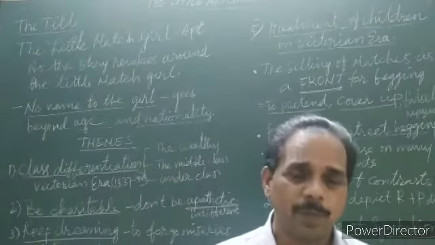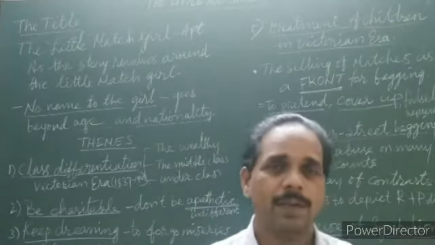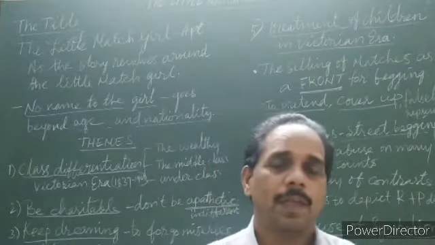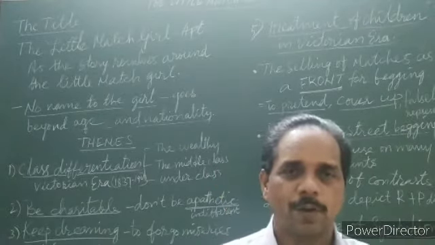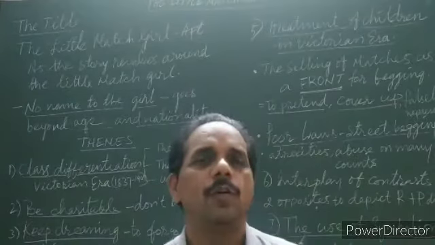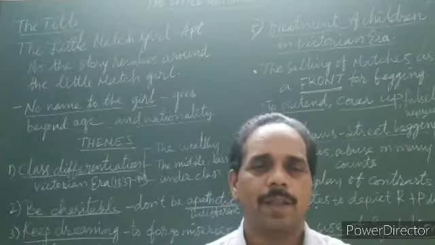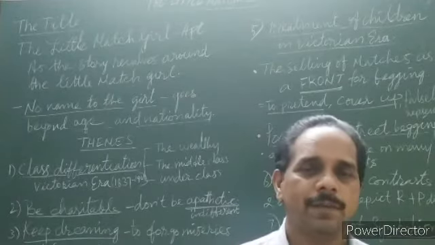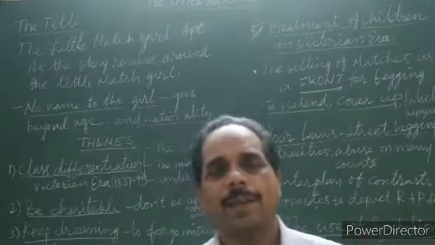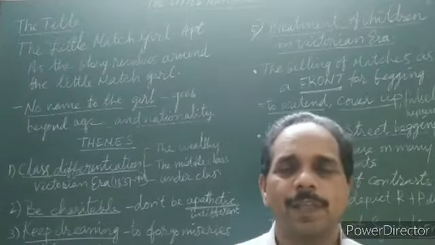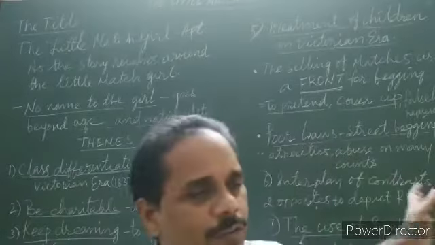Abuses on many counts means it could be physical abuse, mental abuse, psychological abuse. It could be economical abuse. Economic abuse means they are not given sufficient things to take care of themselves. Physically, they were not given enough food to eat, and socially they were not treated well. So different sorts of abuses.